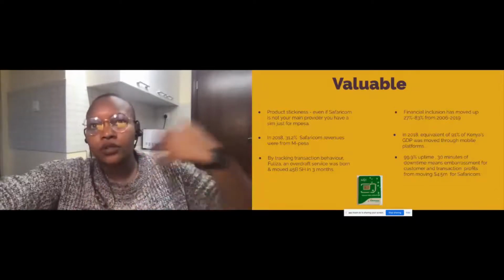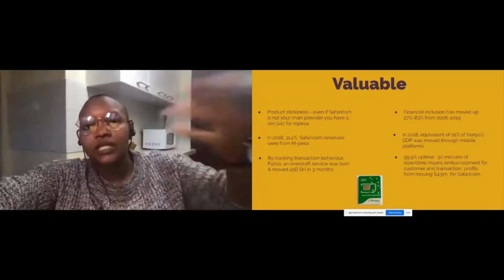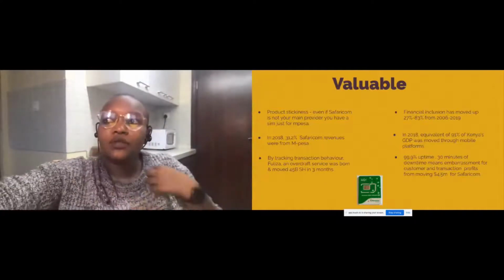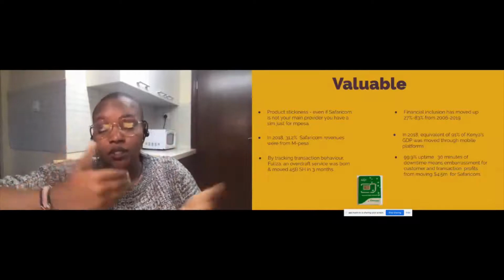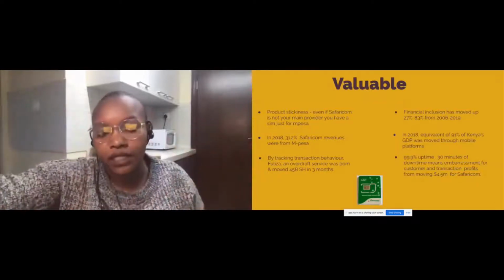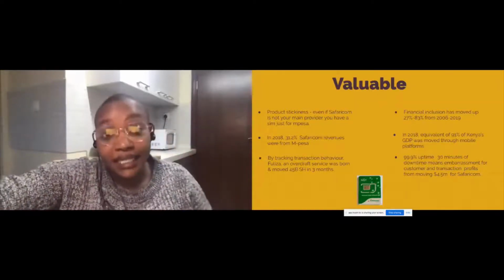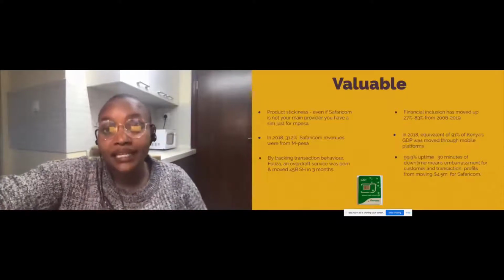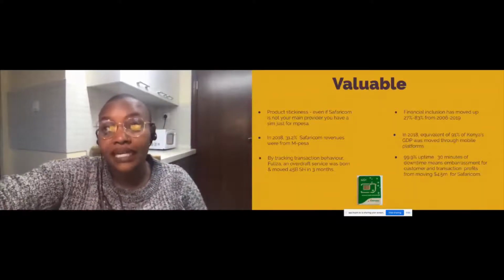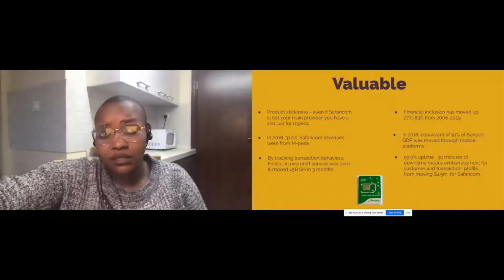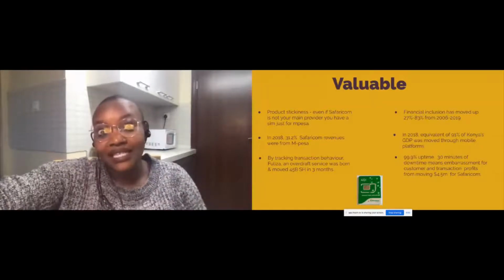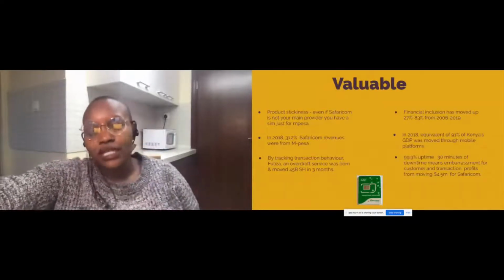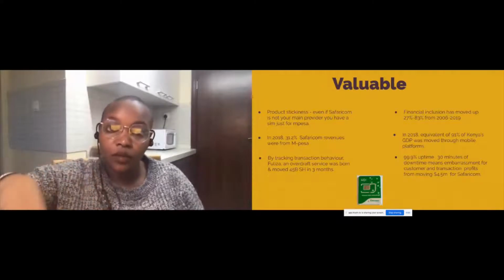So if we remove the money, all the money that M-Pesa gives to Safaricom, what other value has M-Pesa given Safaricom? Product stickiness, because even if, let's say I'm using another mobile network, I will probably want to have an M-Pesa, a Safaricom line, just so that I could access M-Pesa. I could send someone money. I could access money when someone sends it to me. So it gives Safaricom as a product stickiness, which is gold, right? So you want to think about such things when you're building your product.